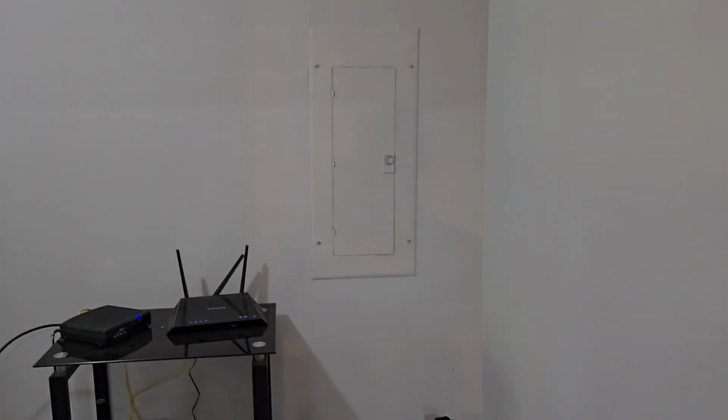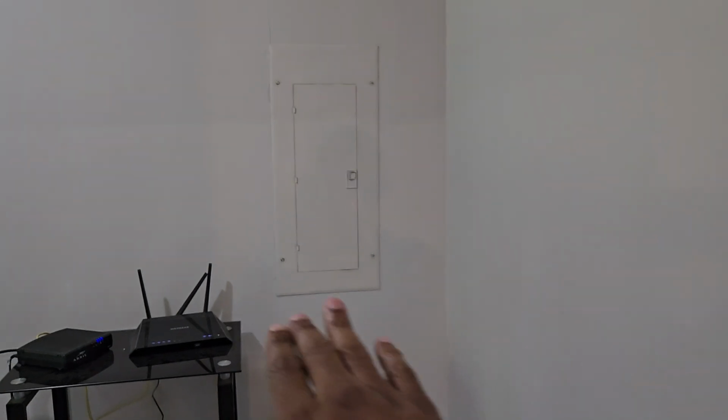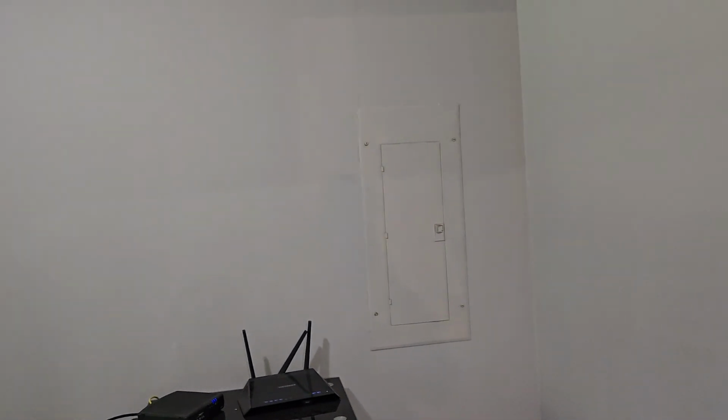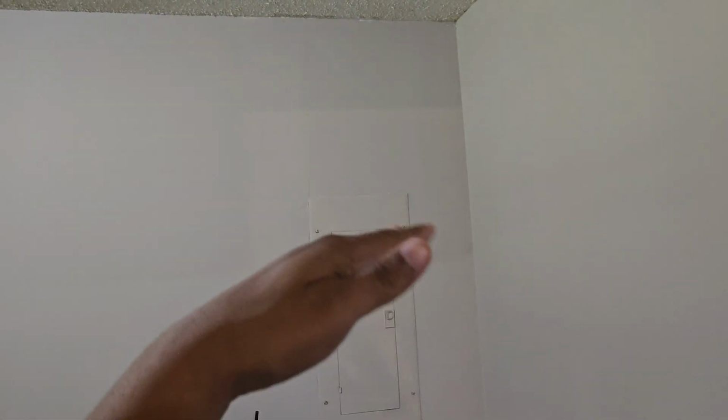So as we're still on this wall, one thing that we will note is that we do have this electrical panel box right over here. Although the countertop will be below it, we did want to give you the height above the finished floor and the height of this electrical panel so that we can go ahead and place a cabinet